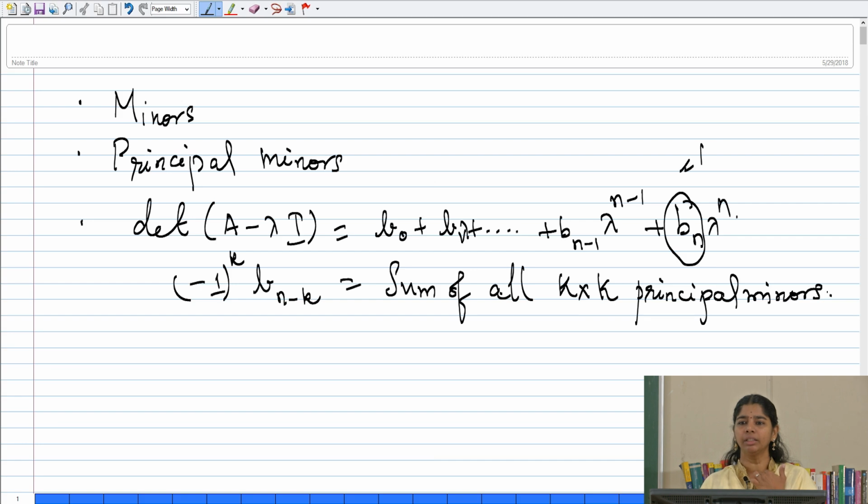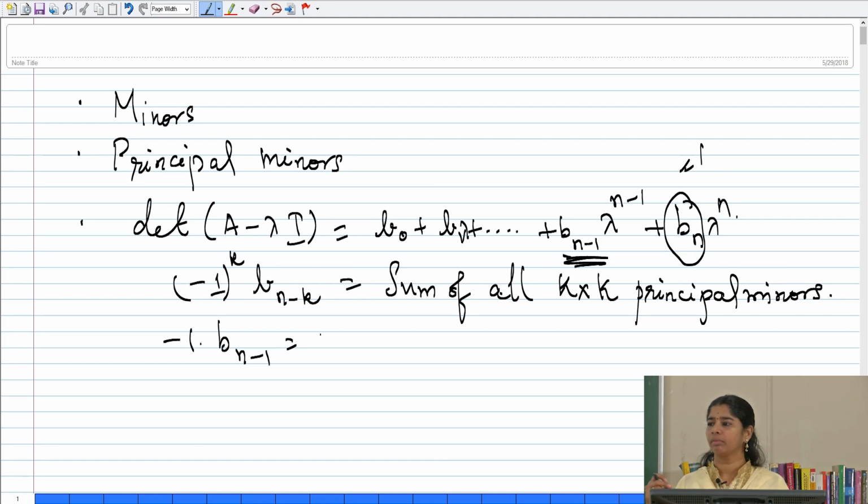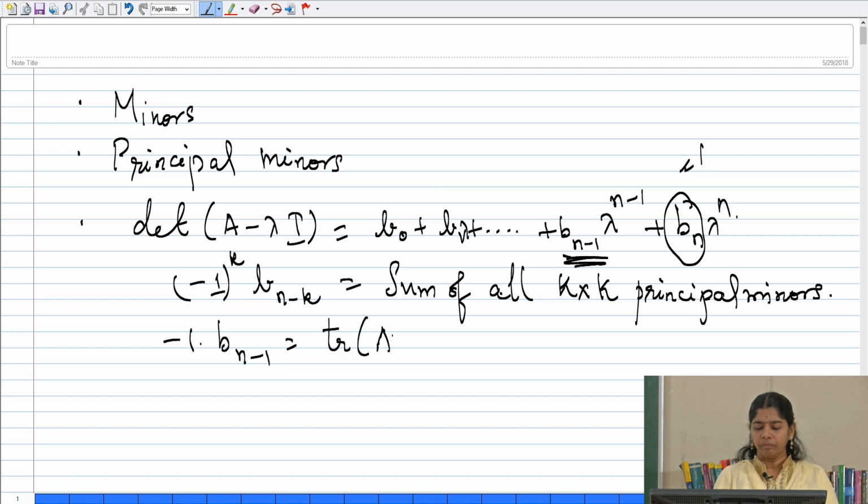So what will be that? If you look at this b(n-1), what is that? I will have minus 1 into b(n-1), that is nothing but the sum of all principal minors of order 1. What is the principal minor of order 1? All the diagonal entries, right. So when we take the sum of all the diagonal entries, it is nothing but the trace of A, right. We also said that if the determinant has eigenvalues, say lambda 1 to lambda n,